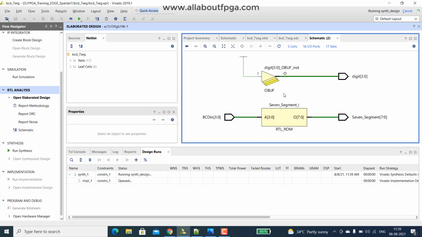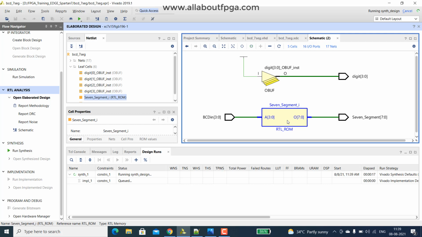So we can see that all 4 inputs were pulled up. That's what it is displaying. Set a constant value. Here we have that BCD with the output of RTL ROM. It creates that constant ROM. So it simply takes some output buffer and it creates another ROM here.